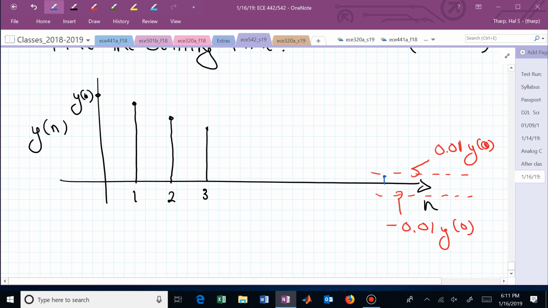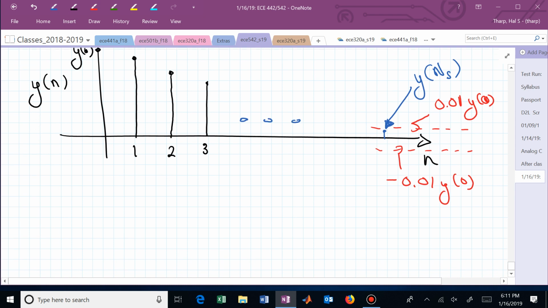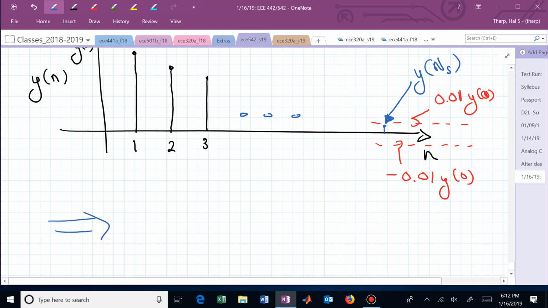What we're looking for now is some y at time sample period capital N sub s. We're trying to find the value for capital N sub s. Let's just think about this. If you were now asked this and you had to think your way through, you could start saying, well,